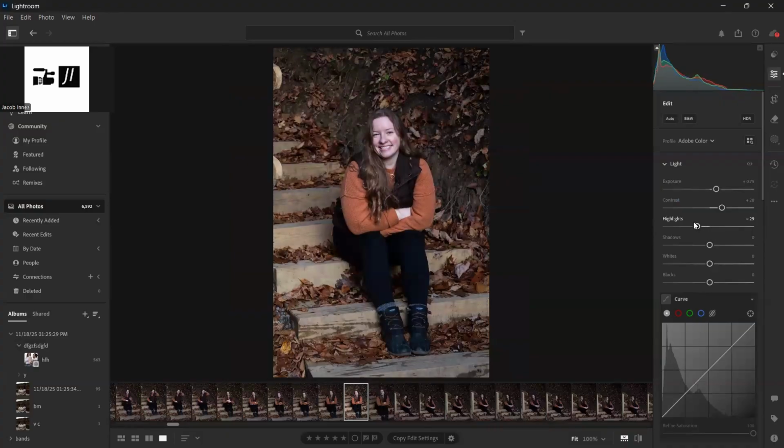Next, we can take a look at our shadows. And it's opposite to highlights. It's going to affect the darker areas. So let's mess around with that. I think that becomes too black there. We start to lose some detail, so we're going to bring it up